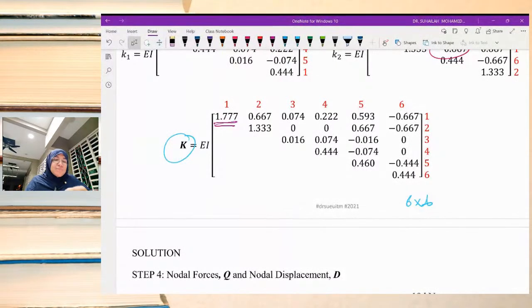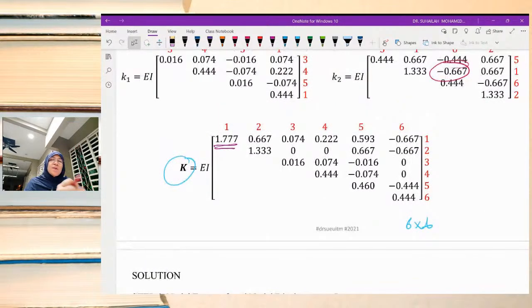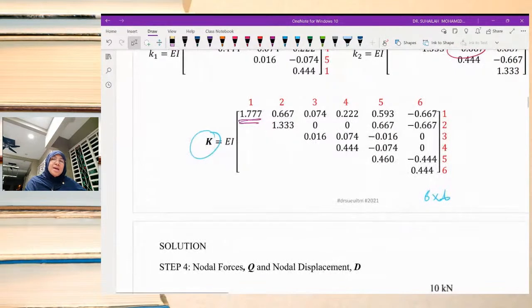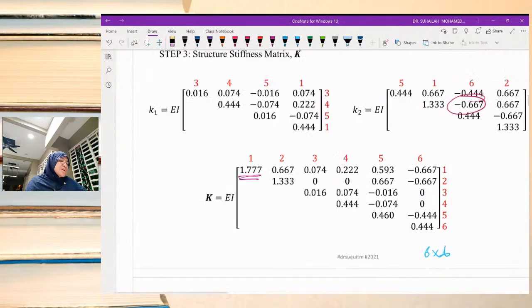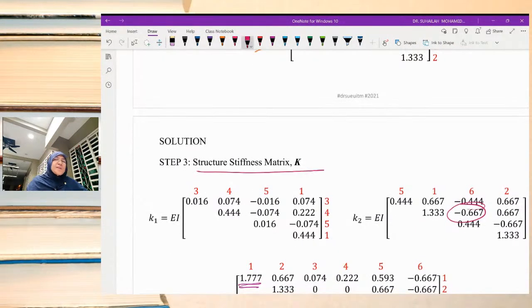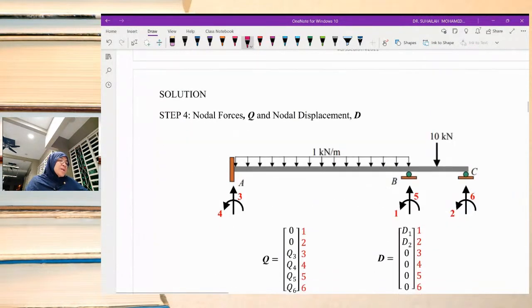At 6 position, the value for 6 position. So this is called the structure stiffness matrix. Okay, this K, capital K, is the structure stiffness matrix. Structure stiffness matrix. Okay, now,